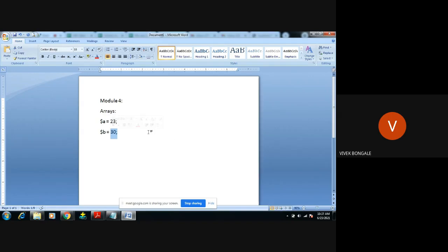If we want to define 100 variables in a program, then we have to create 100 different variable names, and we have to assign the values there. This is how we have to declare the variables. Then